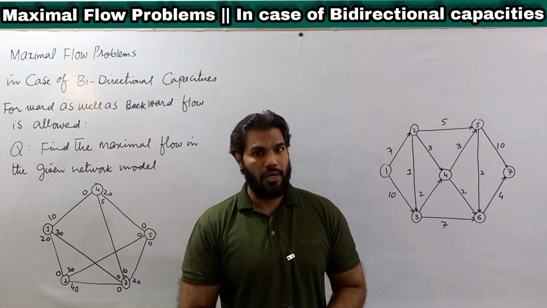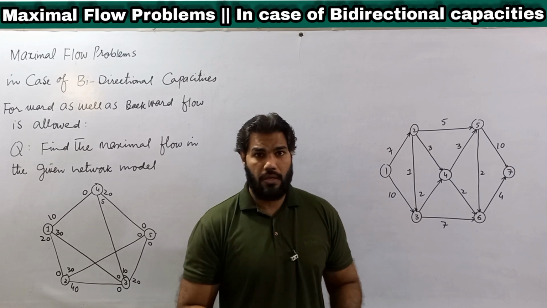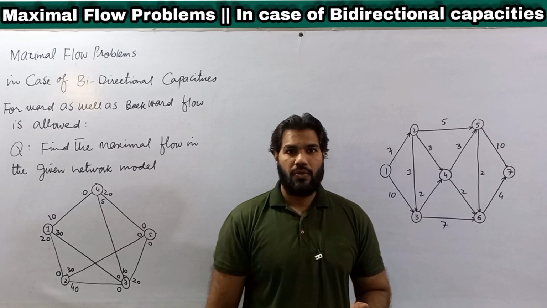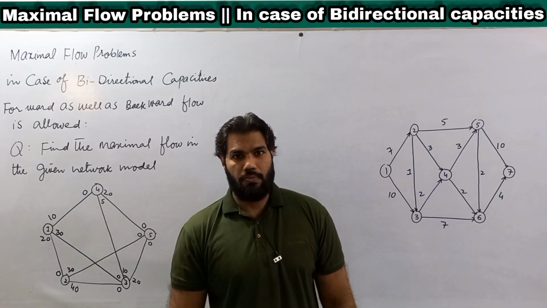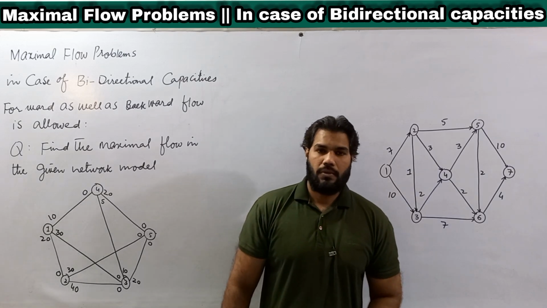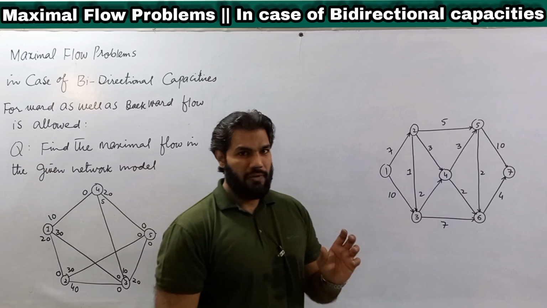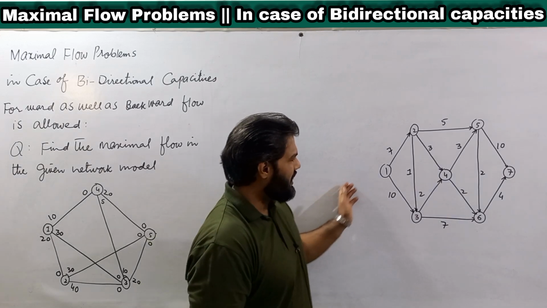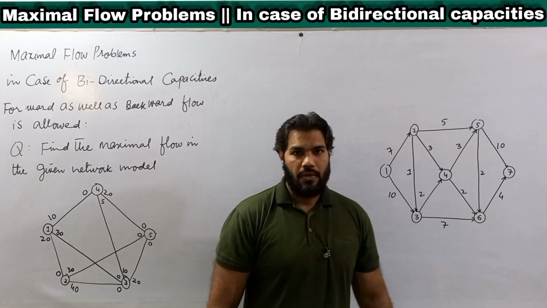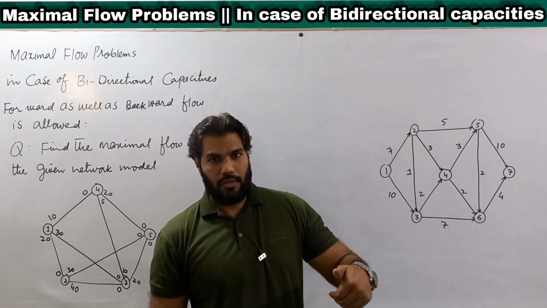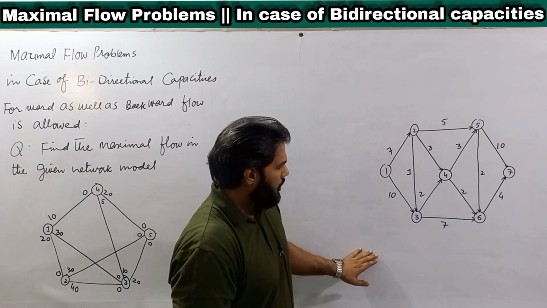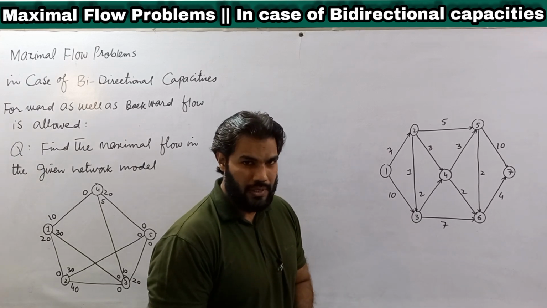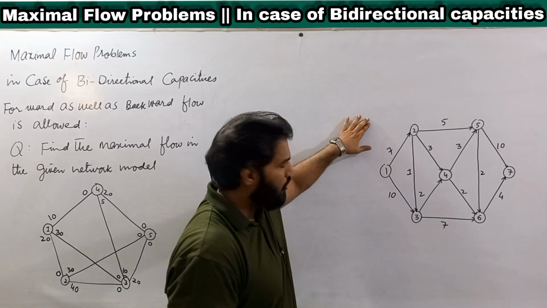We will continue our discussion from the maximal flow problem. In the last lecture, we discussed the maximal flow problem about the network model in which only one directional flow is allowed, that is, forward flow allowed. For example, the network model that I shared in the last lecture,